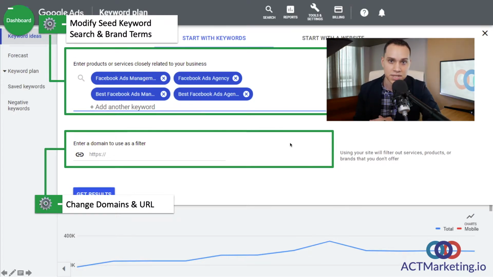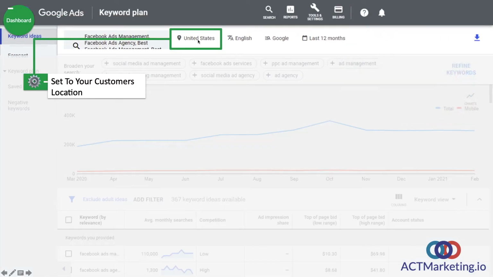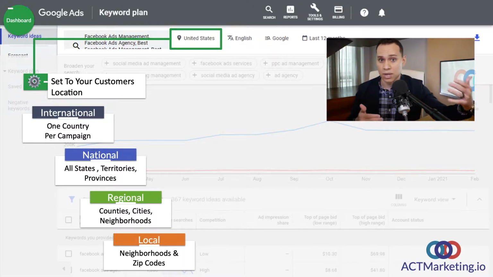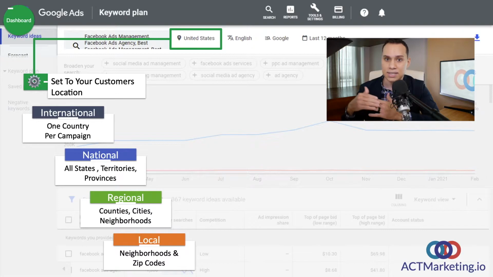Or just make sure you change the settings before you start looking at the list, right? So let's go ahead and go to locations. For locations, I recommend setting it in the same fashion that you're going to set up your campaigns. So if your campaigns are going to be organized by state, then go ahead and set up the states that